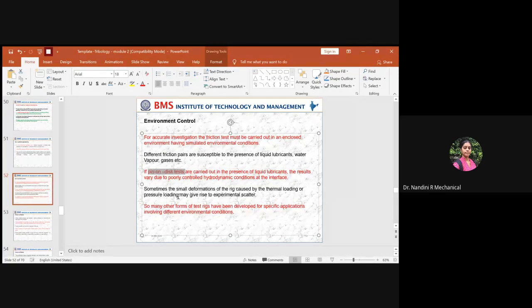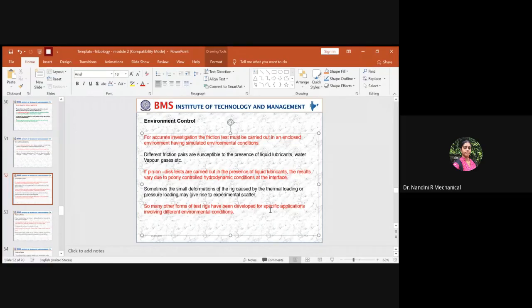And even due to this variation, sometimes some amount of deformation on the rigs is also caused. I told you about the environmental effects. Suppose the outside temperature is very high, or the lubricant you are using is inducing some increase in temperature. With thermal loading or any type of thermal-based pressure, deformation comes into the picture from the harder material to the softer material. Then the junction growth increases, the contact area increases, and all those things happen. Again, it results in variation in the measured parameters.